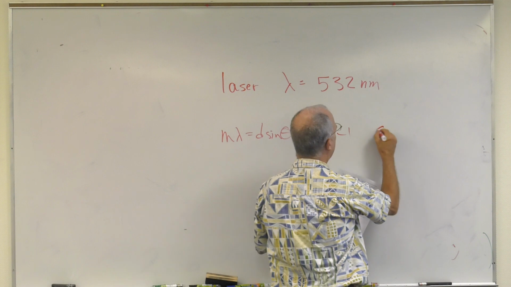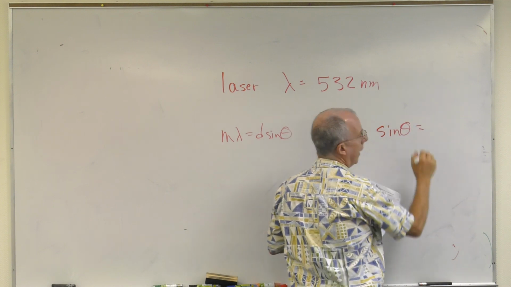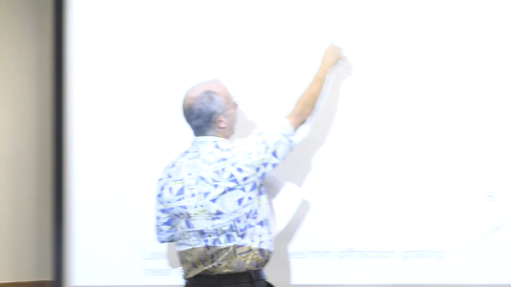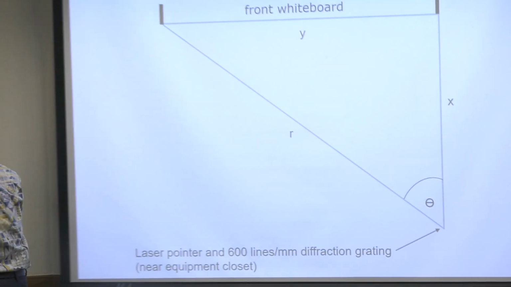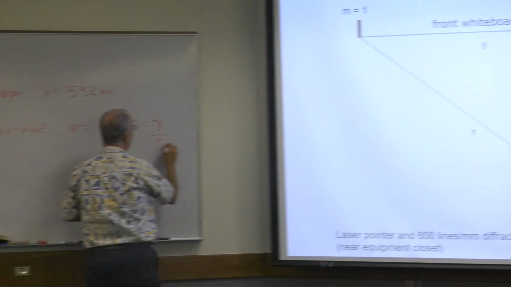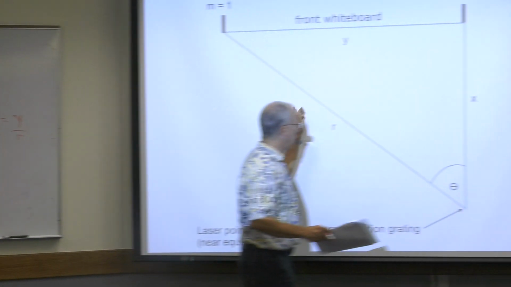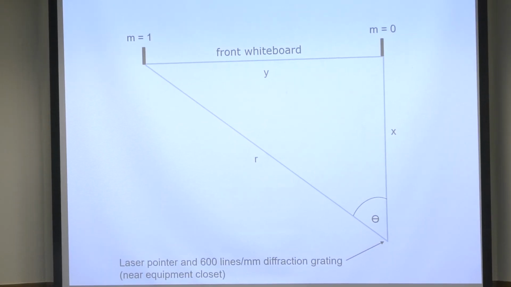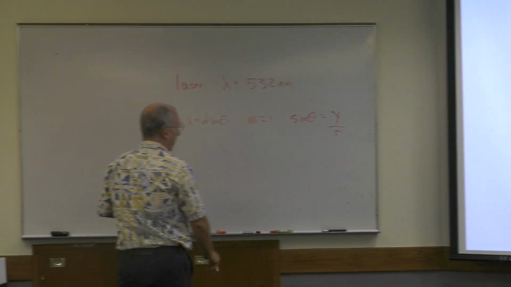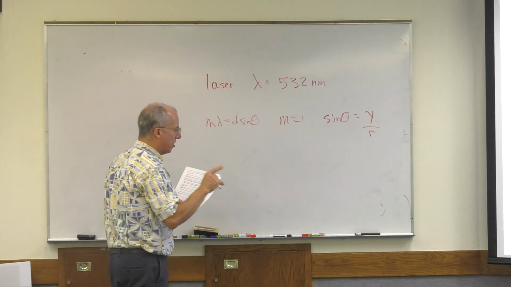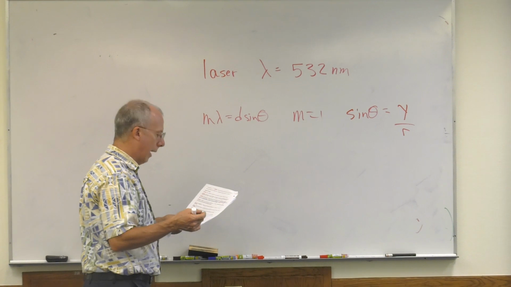And sine of theta is just opposite over hypotenuse, so it's just y over r. Again, we measure y and we measure x, then we figure out what r is from the Pythagorean theorem. Then we're going to get d. Okay, so look, this is 600 lines per millimeter, right? So we